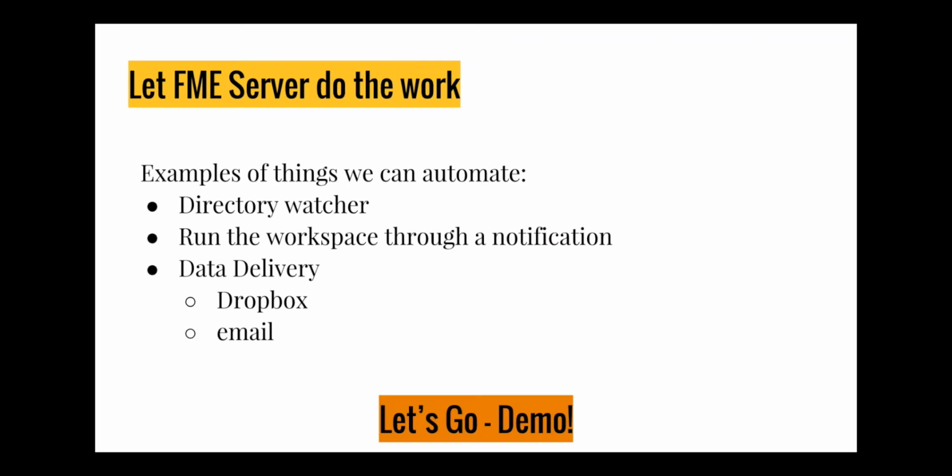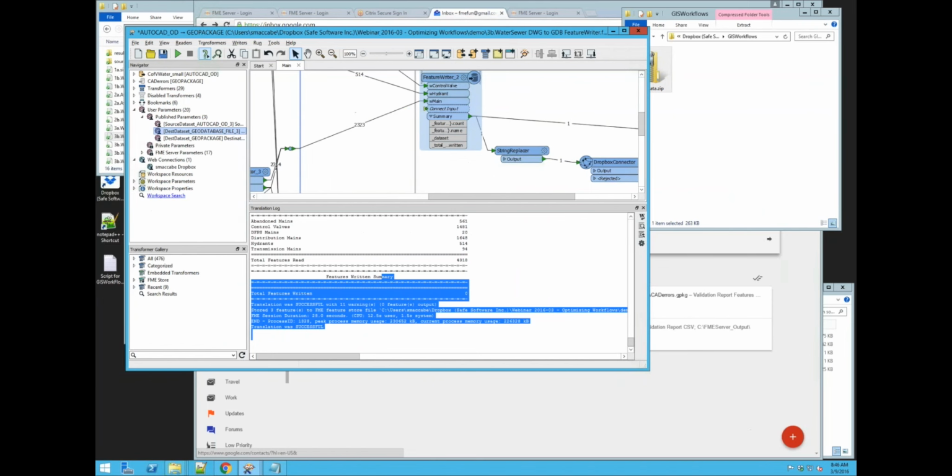So some things we can do, we can let server do the work here. We have abilities for FME Server to watch directories with the directory watcher. We've got the Dropbox watcher, the FTP watcher, the S3 bucket watcher, the ability to drag and drop things onto the web UI to process that data, or even receiving emails with attachments like CAD files in this case. So if we just switch over to FME Server, what I want to show you here once I log in